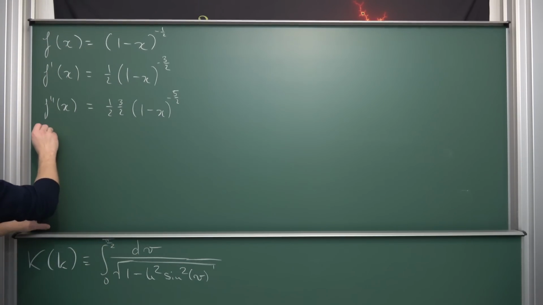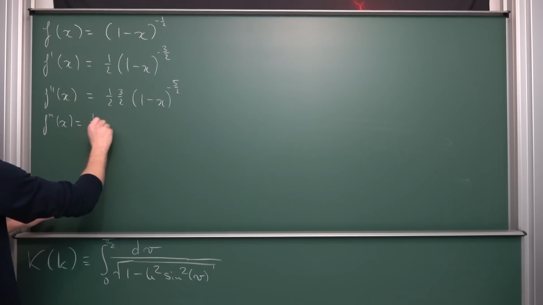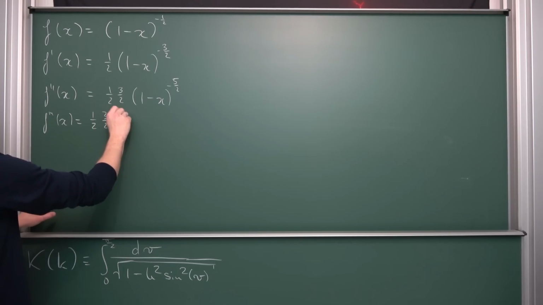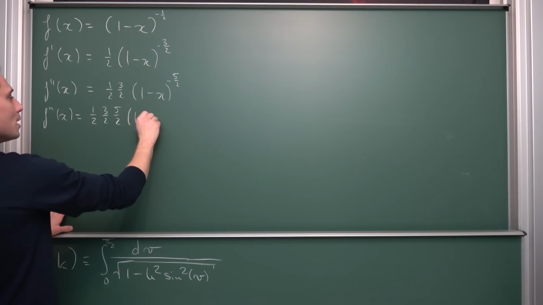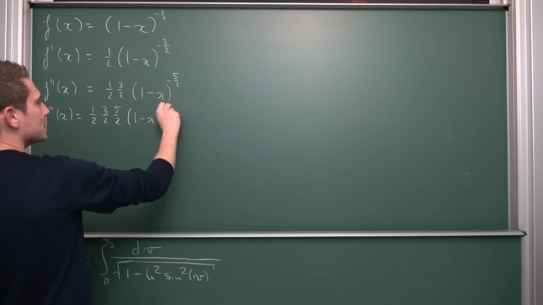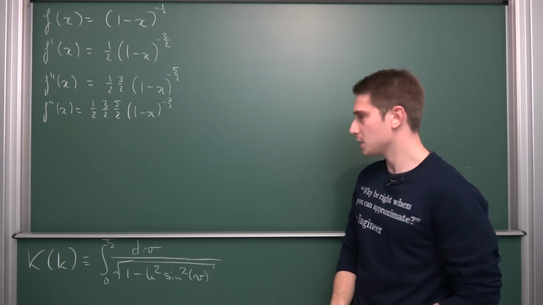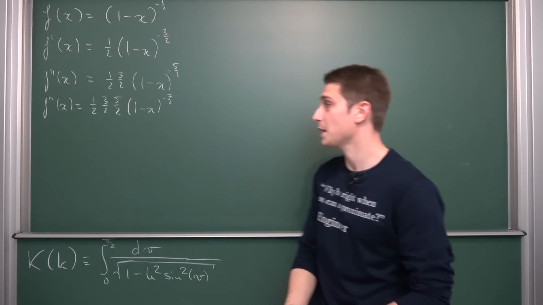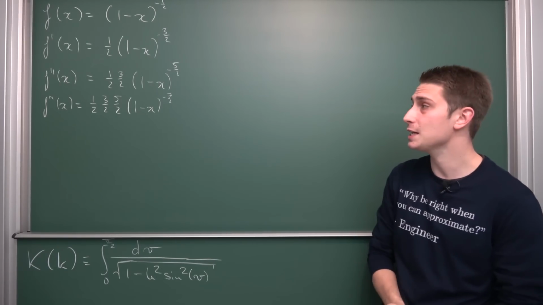The process is going to continue. So f triple prime of x is going to be keeping the constant, 1/2, 3/2, and then 5/2, bringing this down, the negative is going to cancel out in the process, 1 minus x, and then we are going to get -7/2, and that's basically it. And the process is going to continue indefinitely, okay? Infinitely many times, but we can actually find a formula for the k-th term,